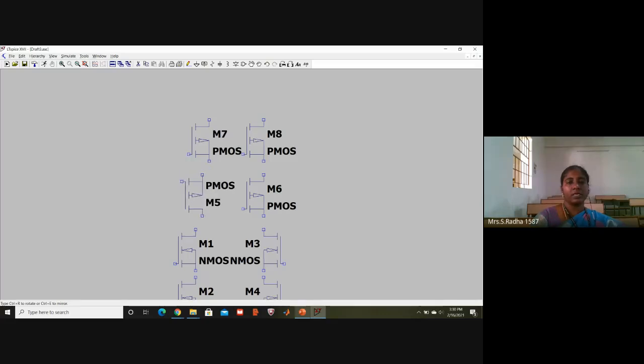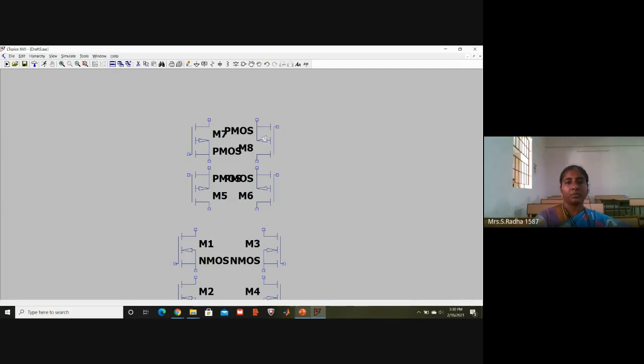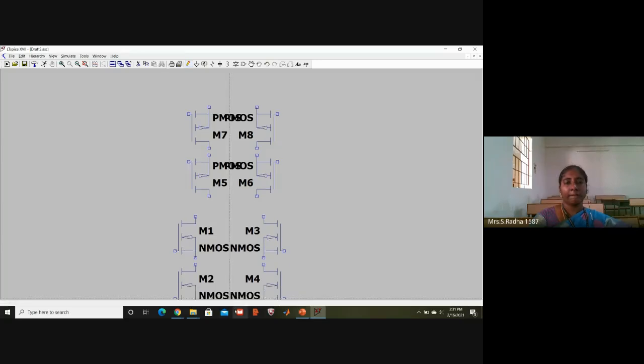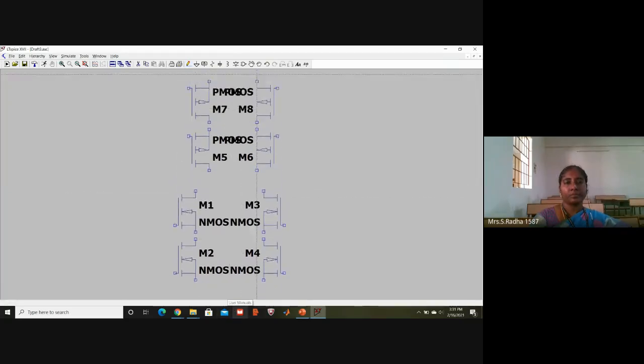Drain is on the top, source is on the bottom. Click on this, Control R, Control R. This is also correct. Drain is on the top, source is on the bottom. Click on this, Control R, Control R. Okay, drain on the top side. Click on this, Control R, Control R. Control E. Now drain on the top. Escape button. Yes, now the full window is visible.